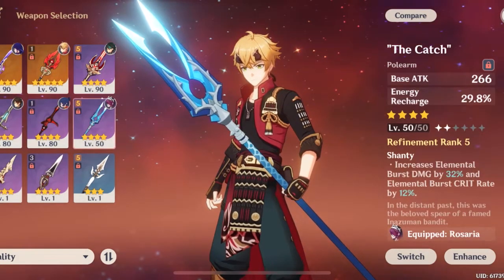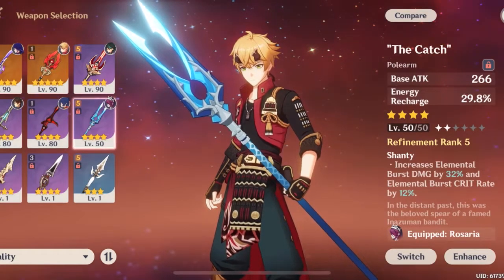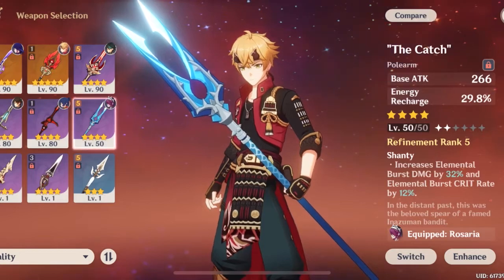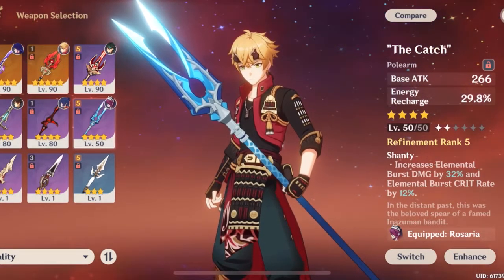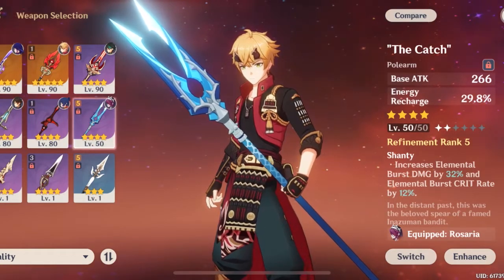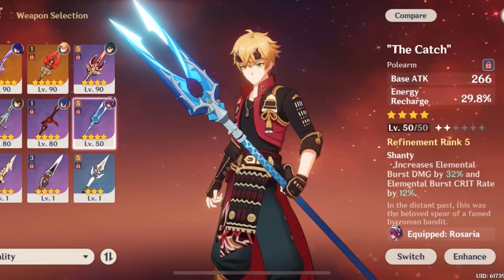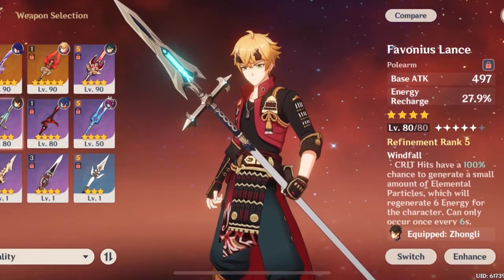Again, the catch is really good. It's amazing actually, and it's pretty good for a sub DPS Thoma because of the energy recharge, which Thoma does struggle a bit because his energy burst is 80, I believe. So this would actually help him out so much, and it gives crit rate to his burst. It increases his burst damage, so if you're trying to go for more vaporize and bigger numbers on that, that would work pretty well. And then lastly, I would put Favonius Lance in there as well, because